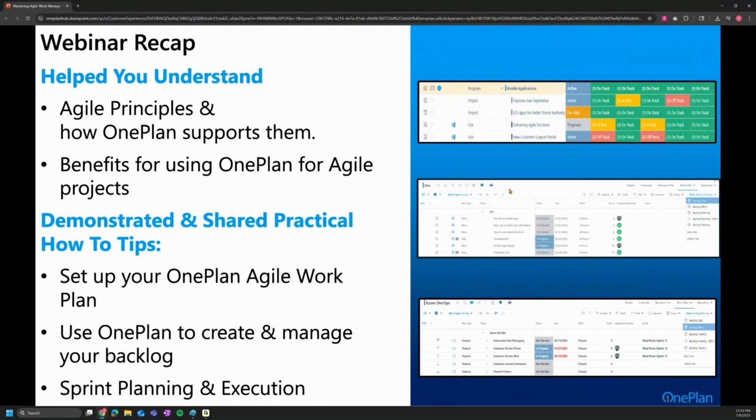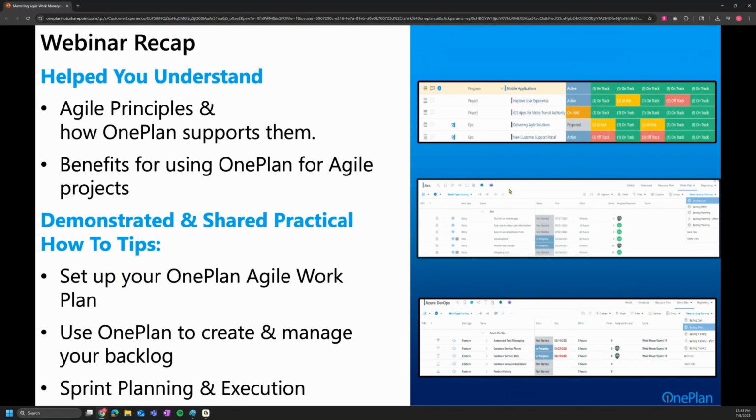Melody shared valuable tips and tricks, including how to set up a new Agile work plan within OnePlan. She showed you how to choose the right Agile template and configure important settings like iterations or sprints, selecting team members, and estimating units like story points or hours.